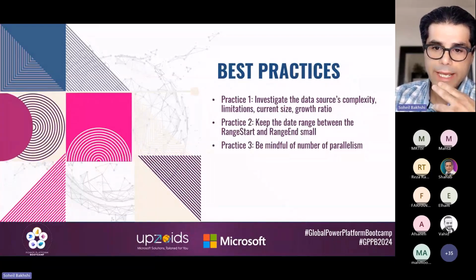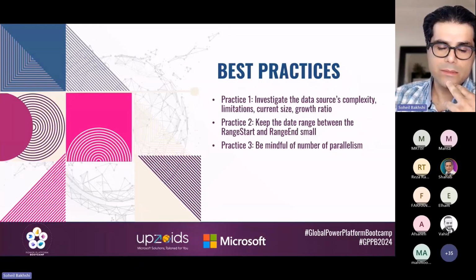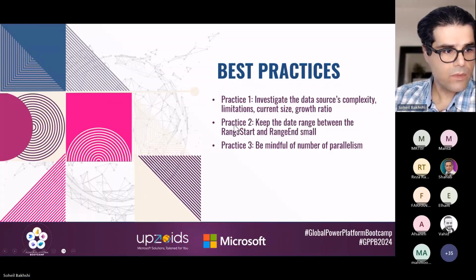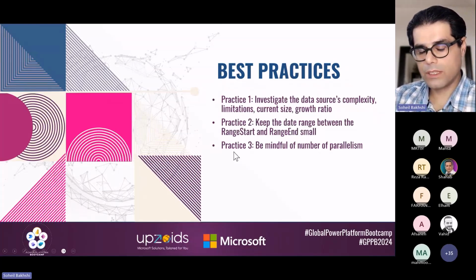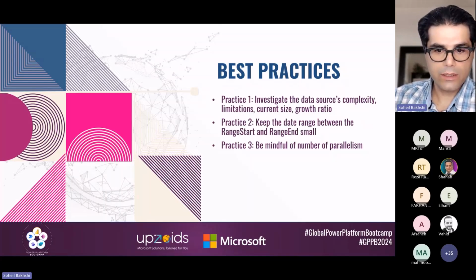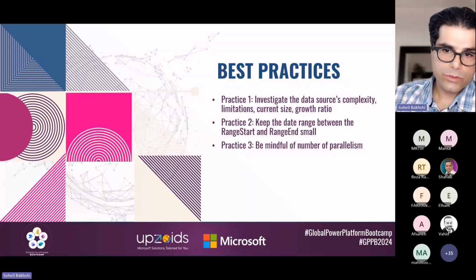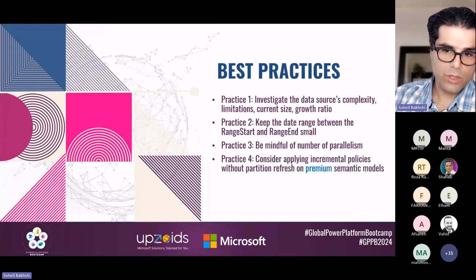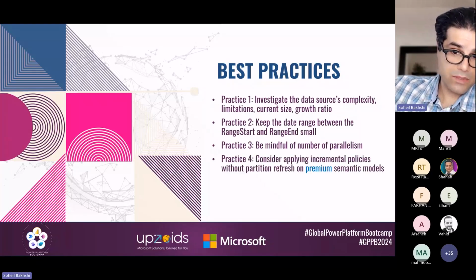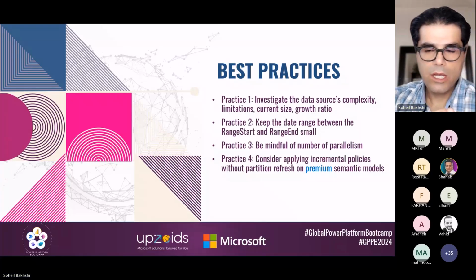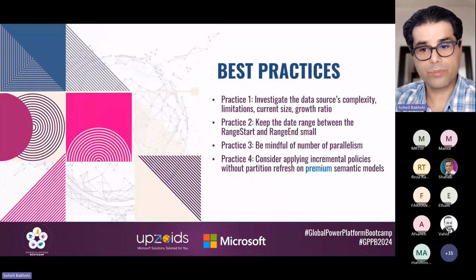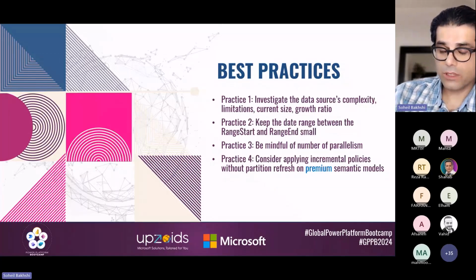The third one is be mindful of the number of parallelism. We can change the number of parallelism in Power BI Desktop, or we can use SQL Server Management Studio, connect through the XMLA endpoint and run TMSL to change the parallelism, but we have to be mindful of the supported parallelism at this data source as well. Consider applying incremental policies without partition refresh on premium semantic models, which, as I mentioned, you can use